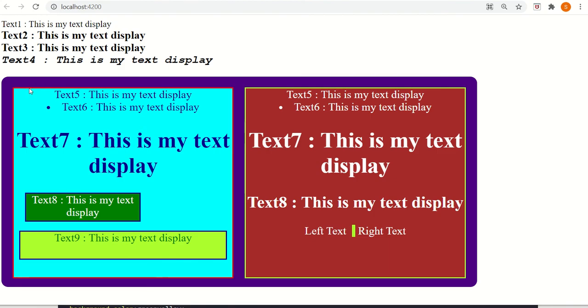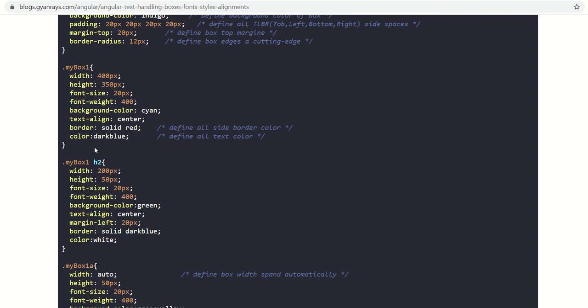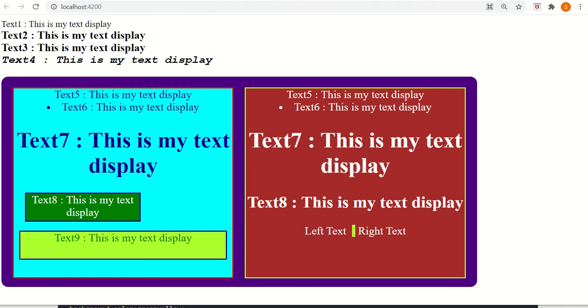Now you can see in the output the border color is solid red. I have not defined any edge, and you can also see all the text is centrally aligned. Nothing is on the left or right side. Every text is in the center. The color of the text is dark blue.